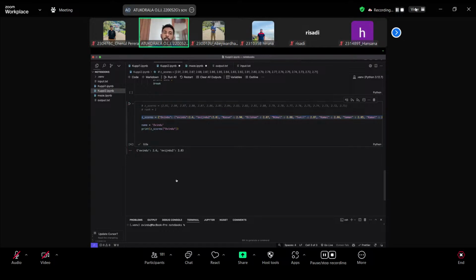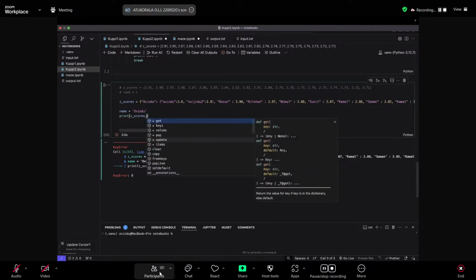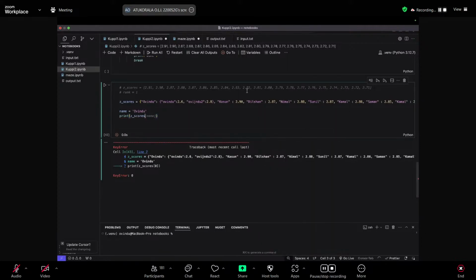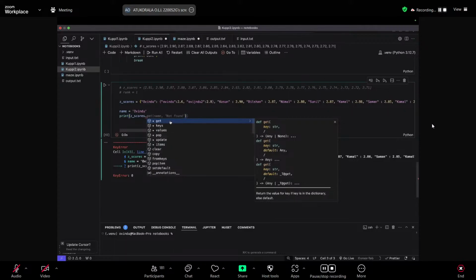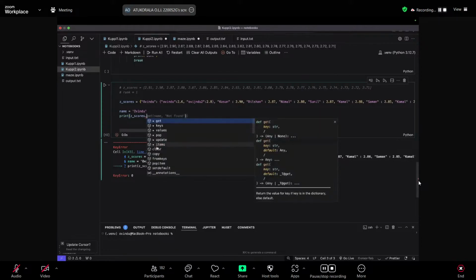Can the dictionary still be accessed using indexes? I don't think this is possible. I actually haven't tried it. Let's see how it works. I don't think you can do this notation, but I think if it's sorted, there should be a way to get. Okay, no, this is not how it works. Let's see if it's a no.